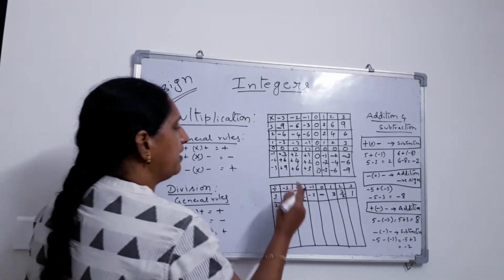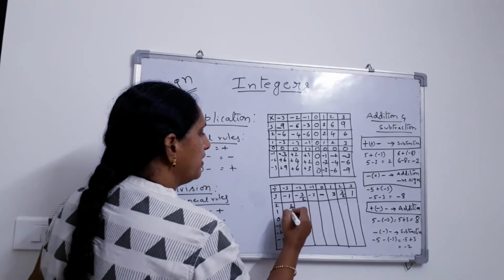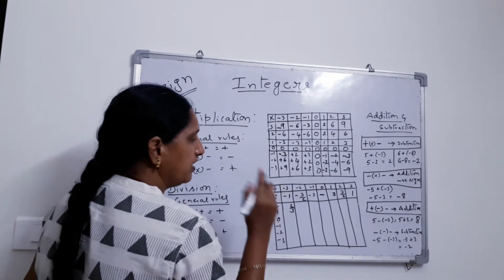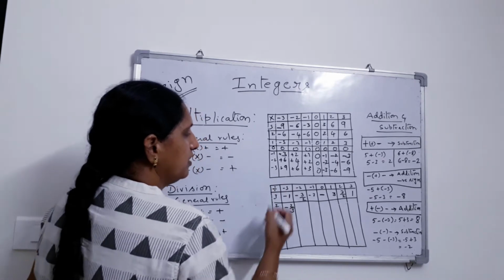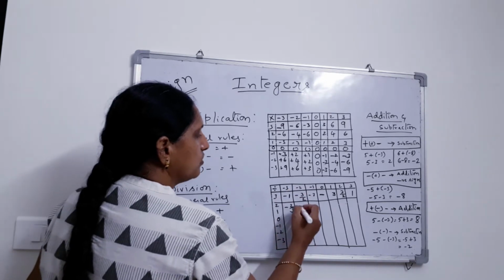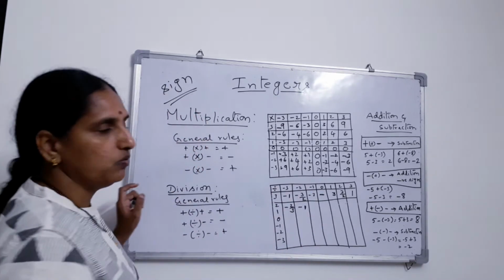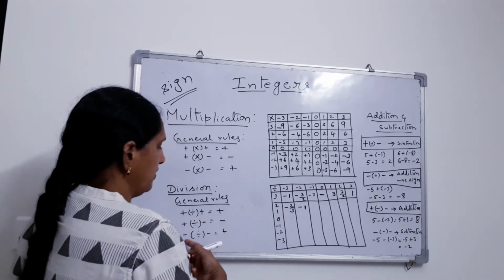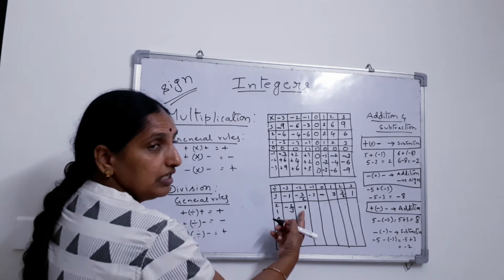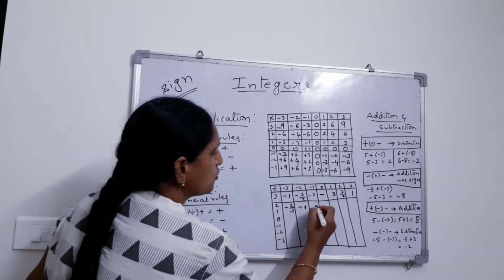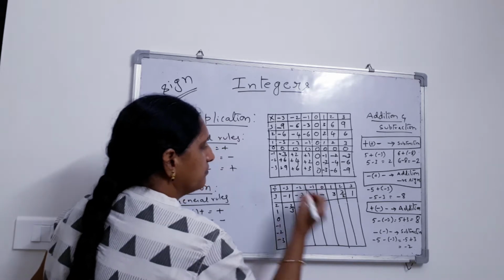Now 2 divided by 3. So I will write 2 divided by 3. Now check for the negatives, the number of negatives. Here only one negative is there, so therefore you will get negative. Now 2 divided by 2 is 1. And how many negatives? Only one negative. So therefore 1. So now that means plus divided by minus or minus divided by plus, both yield the same negative value. Now 2 divided by 1 is 2 with a negative.